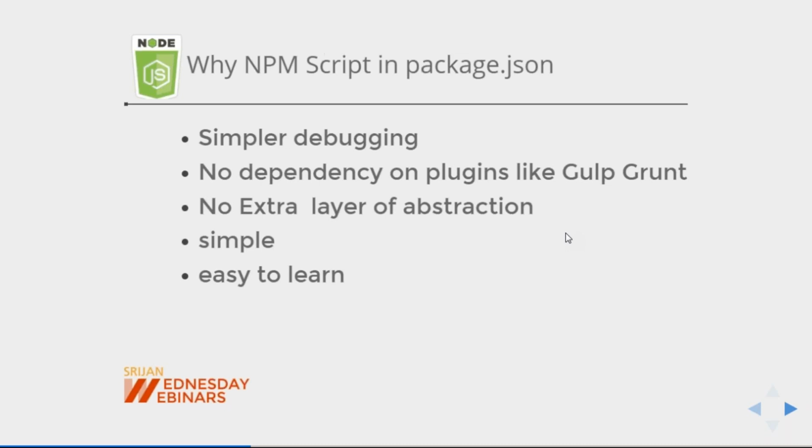So what are these NPM scripts doing? We are specifying a lot of NPM scripts in the package.json. These are actually removing our dependency on gulp and grunt. These are also task runner tools. If you are defining everything inside this script and you are automating these different tasks, like running the test cases, watching the test cases, then there is no need of using gulp and grunt. Everything is specified inside the package.json script tag. It's easy to run and it is simple to debug. You just need to execute the same command which you have written in your package.json.